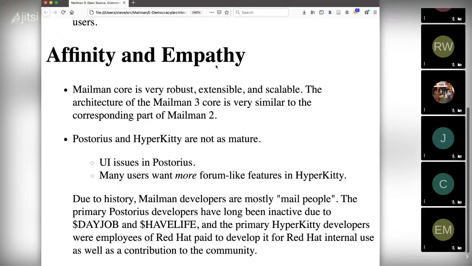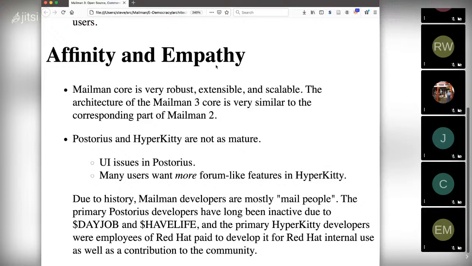Most likely, if we had had to provide an archiver for people who insisted on a one-stop shopping experience, we would have taken Piper Mail and improved that somewhat. So the core is very robust, extensible, and scalable, but Postorius and HyperKitty are not as mature.